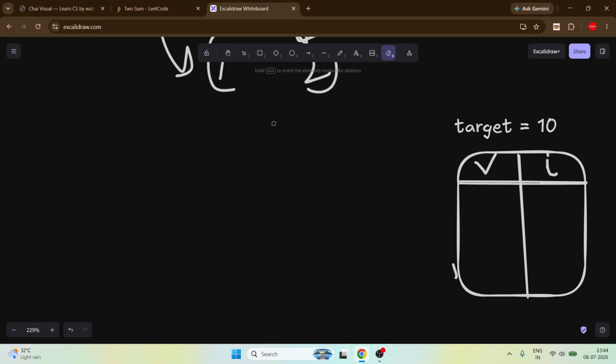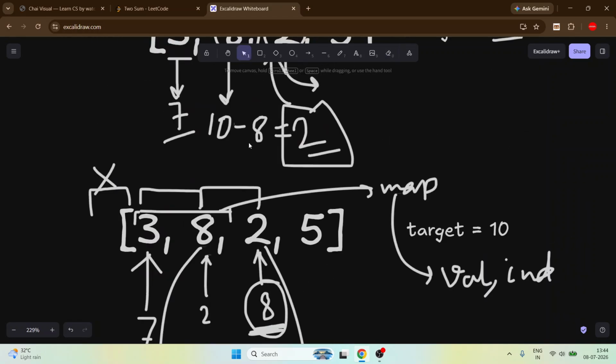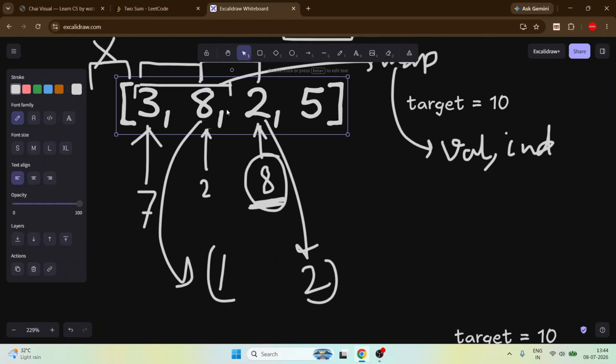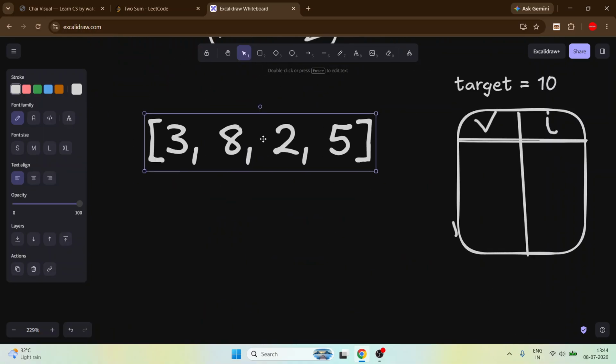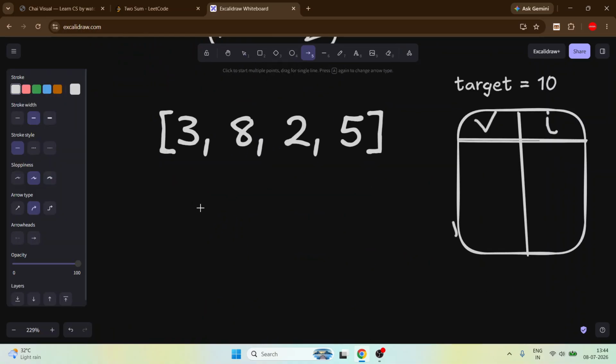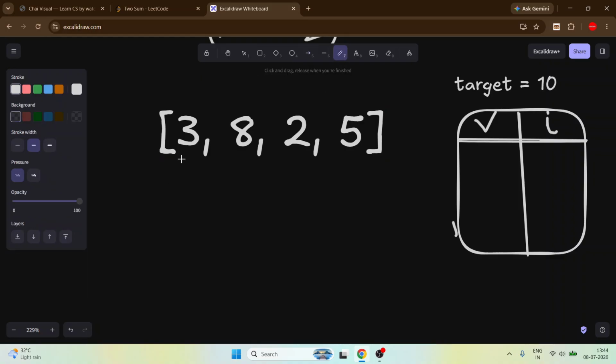Let's remove it and do it another time. Go to 3. What is 10 minus 3? 7. Does 7 exist in this map? No, so we don't take it. Add 3 with its index. Go to the next, 8. 10 minus 8 is 2.